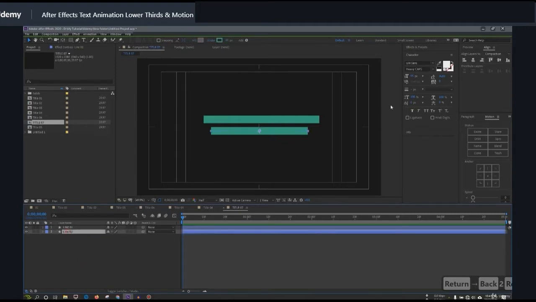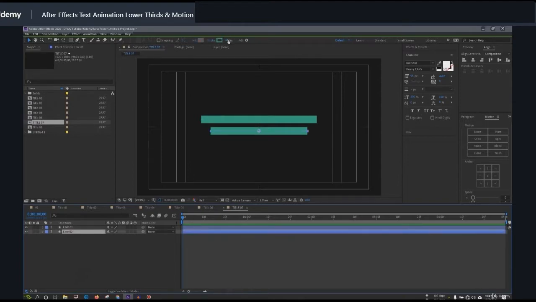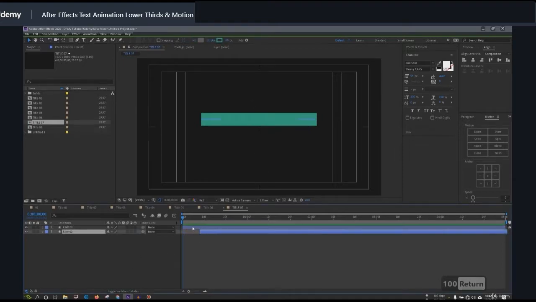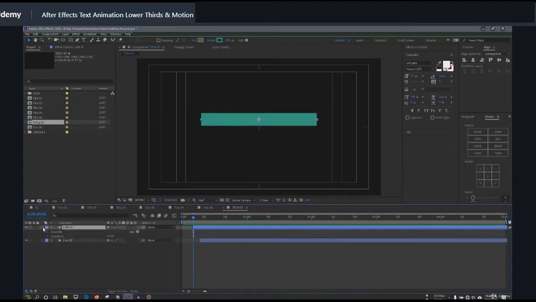Anyway, now select this line and move it to the center of the composition, and now number 1 and move it to the center of the composition. Okay. And now select this line 2 and make the stroke amount 65, and now select this line 1 and make the stroke amount 100. And now move this line 1 five frames forward. So here is the 5 frame, and now open this